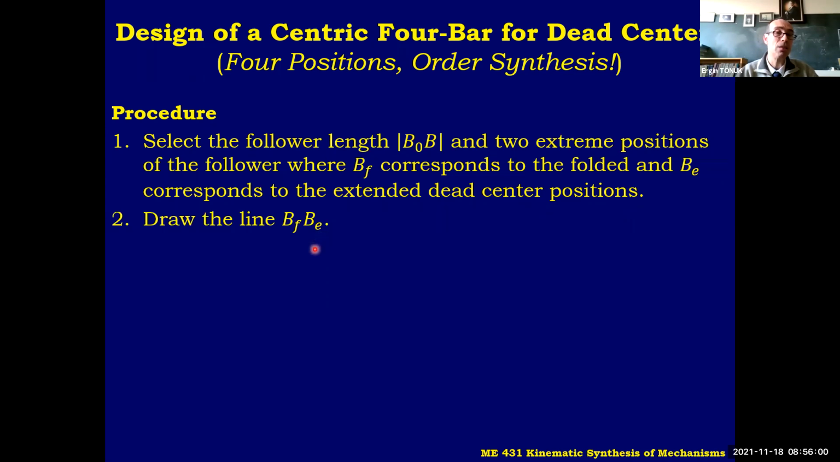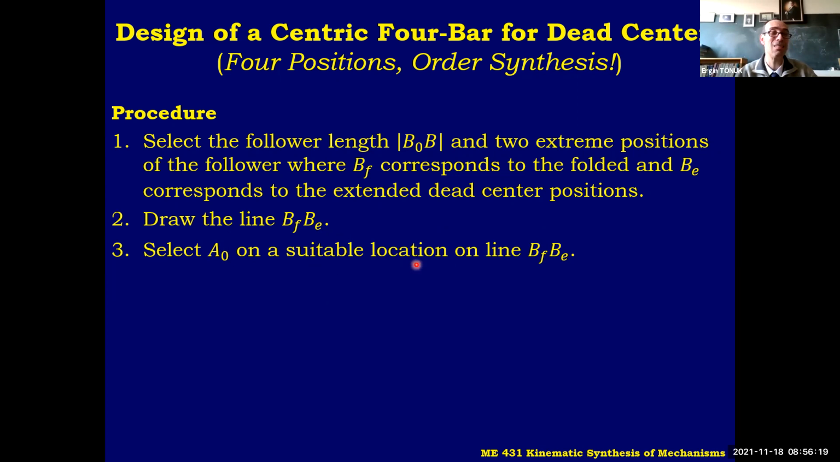We will draw the line through the folded and extended dead centers, BF and BE. Then, depending on your design constraints, you can select A0 on a suitable location. This suitable location means actually anywhere on this kinematically, but of course you may have restrictions. If it's a car, you have a limited space to place this mechanism. So you select A0 on this line. That's the second